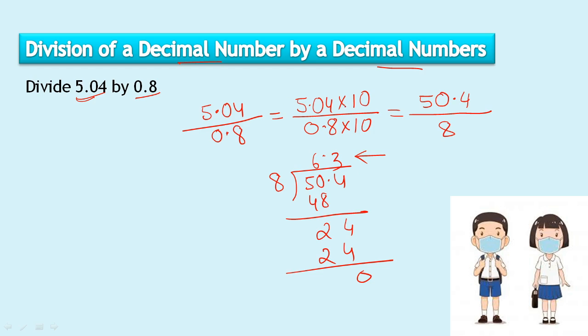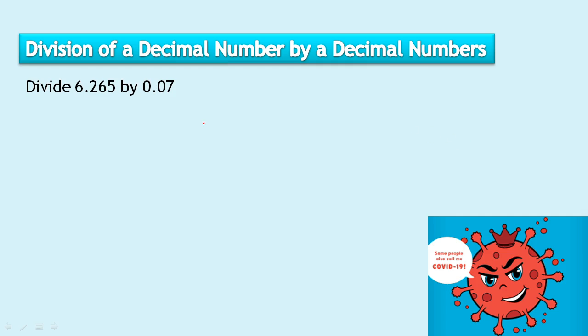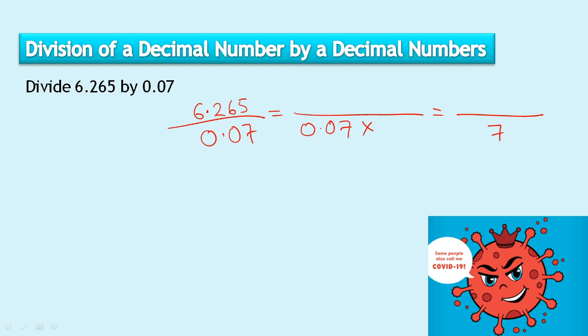So here you need to do these things. You try to make the denominator a whole number, so it will not have any decimal point. Here you can see 6.265 divided by 0.07. So what will we do with this 0.07? We need to multiply something so that it becomes 7. If you multiply 100 with this 0.07, it will become 7. So that same 100 will be multiplied with the numerator,